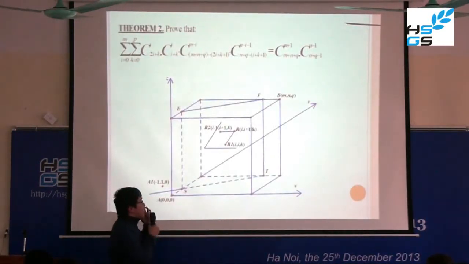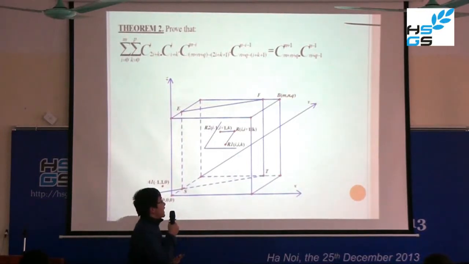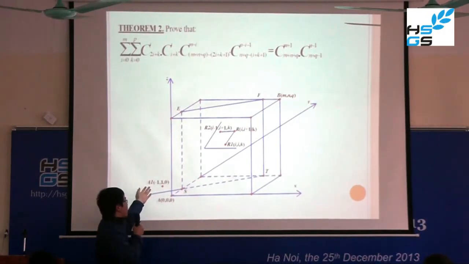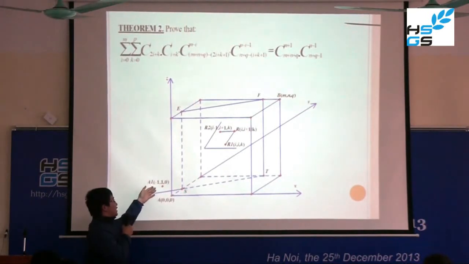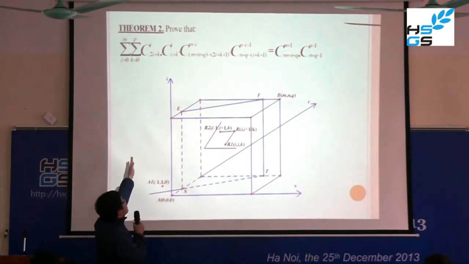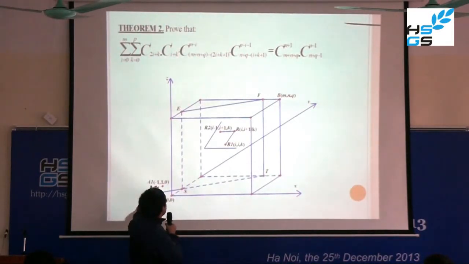Now we arrive at the second identity. Now let us analyze this case. On the right hand side, it is the number of ways that go from the point A1 with the coordinates (-1, 1, 0) to B. Now we would like to count the number of ways in a different way to arrive at the left hand side. Now any ways that go from A1 to B must pass through at least one point on the plane